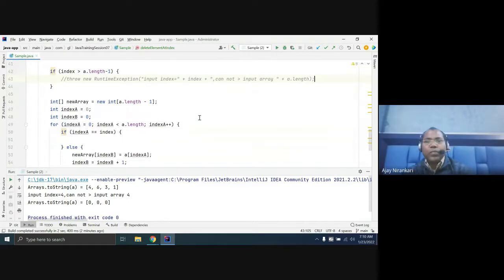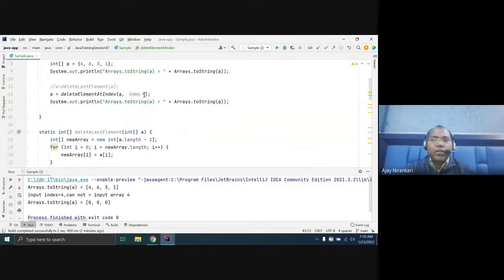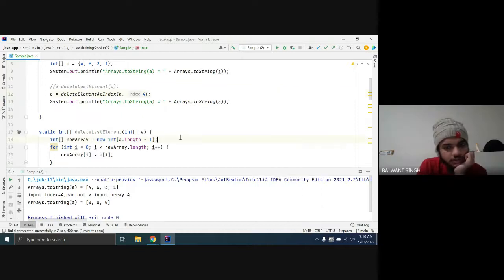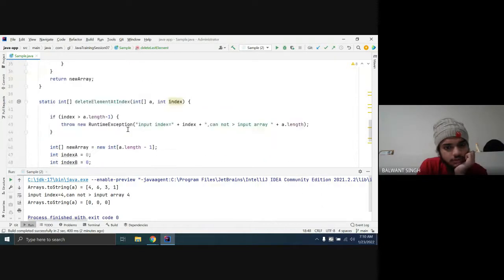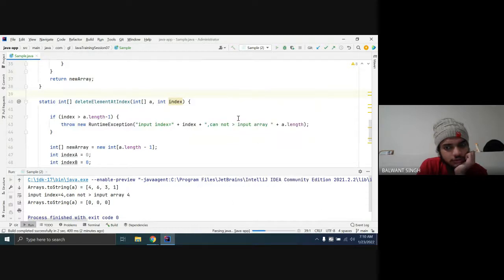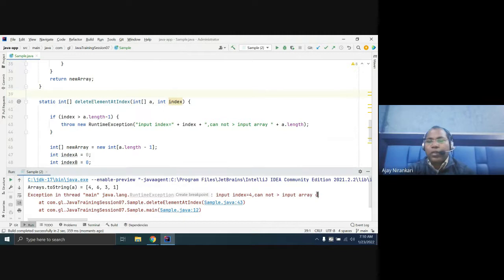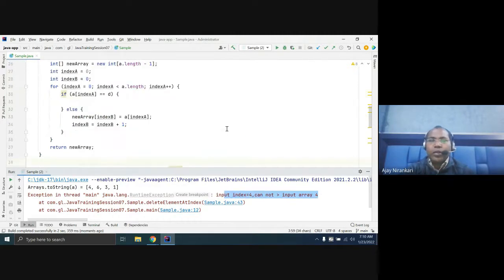So whatever you write, if here I pass 4, just run it first. What happened here? Let's check the code. Here it still says 4 not allowed, right?